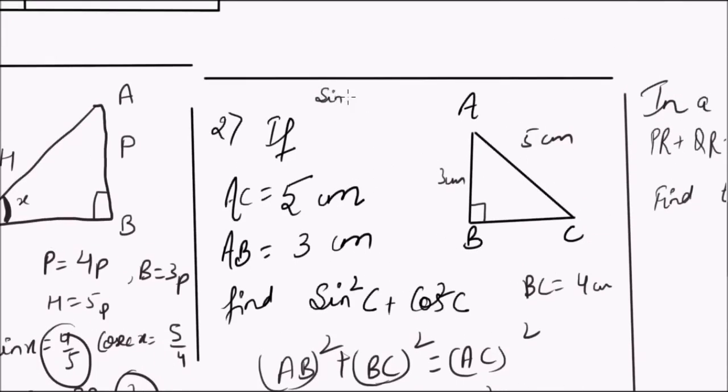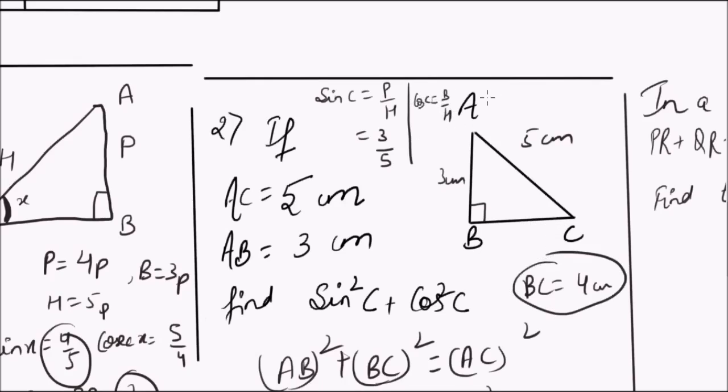sin C equals perpendicular over hypotenuse. Perpendicular is 3 and hypotenuse is 5. Cos C equals base over hypotenuse. Base BC we have found out as 4 and hypotenuse is 5. Thus sin square C plus cos square C is 3 by 5 whole square plus 4 by 5 whole square, which gives us